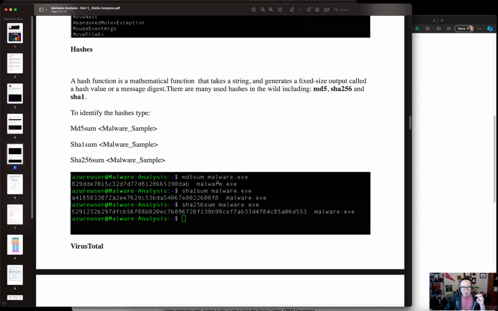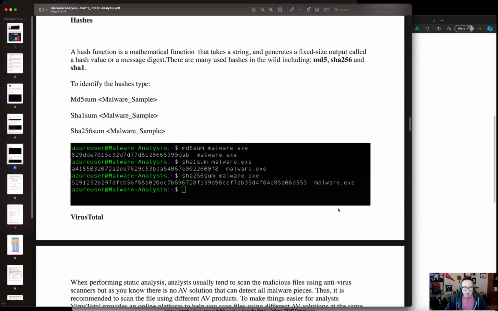Again, you can see here the MD5 sum of this malware.exe. You take that hash, and usually you want to do a couple of different hashes. Here you can see SHA1 and SHA256. So very common, this should be no surprise. You've been running hashes as part of a way to verify evidence. In this case, you're going to use it to collect a signature of this malware exe, and you send something